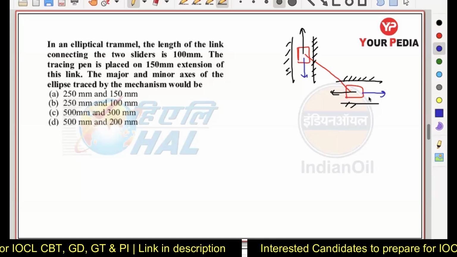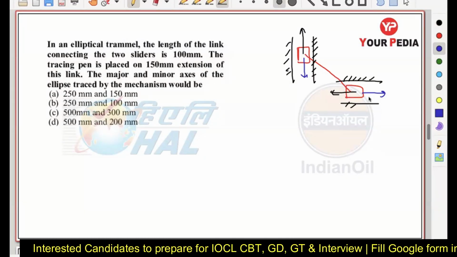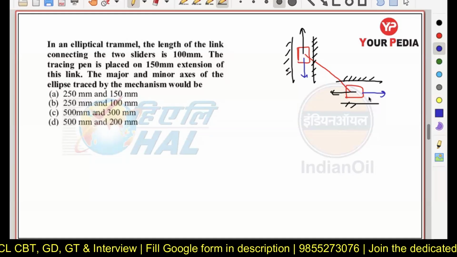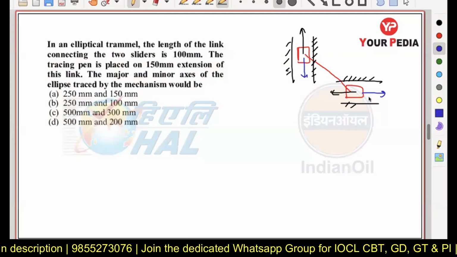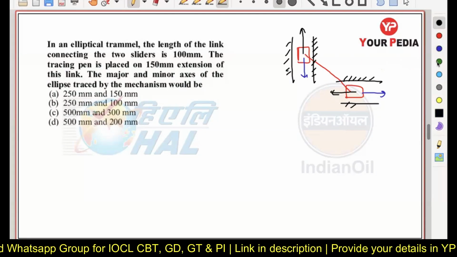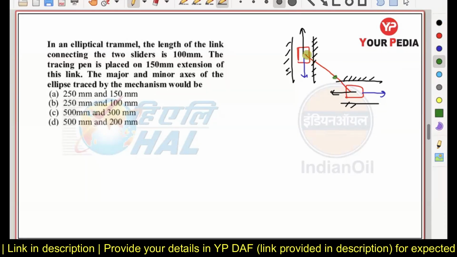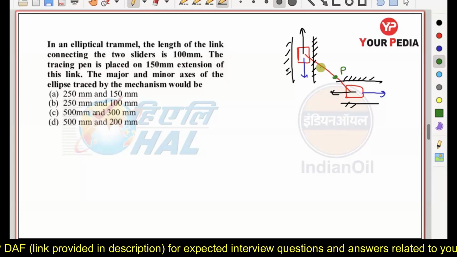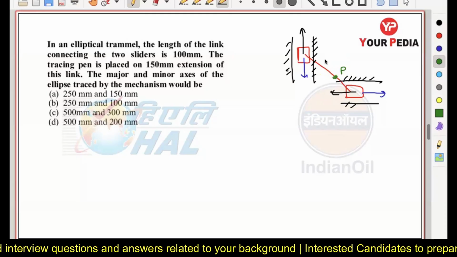So here in this case, also you have to remember, why do we use the elliptical trammel? Elliptical trammels are generally used to trace the ellipse here. We never use it to create a circle. We always use it to trace an ellipse here. How? Just by picking a particular point over this connecting link between the two sliders here. The point number P, and just by creating the locus of this point number P, we can trace